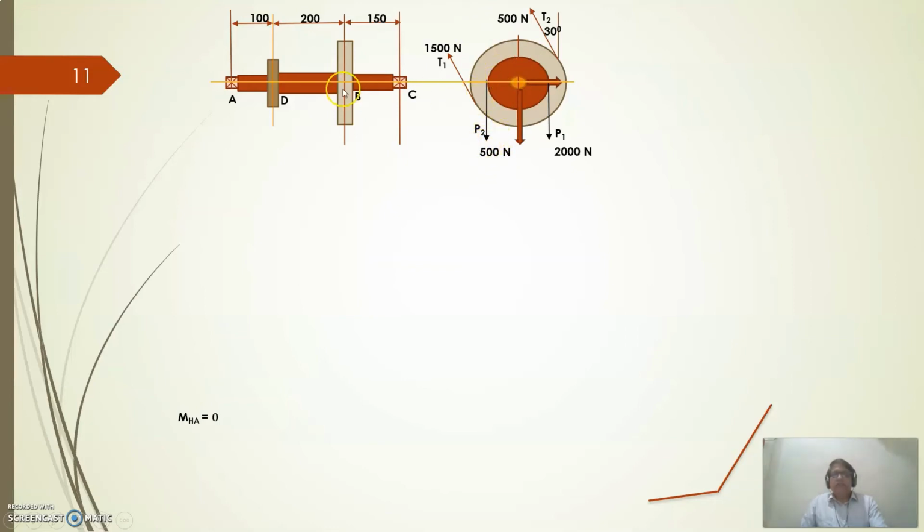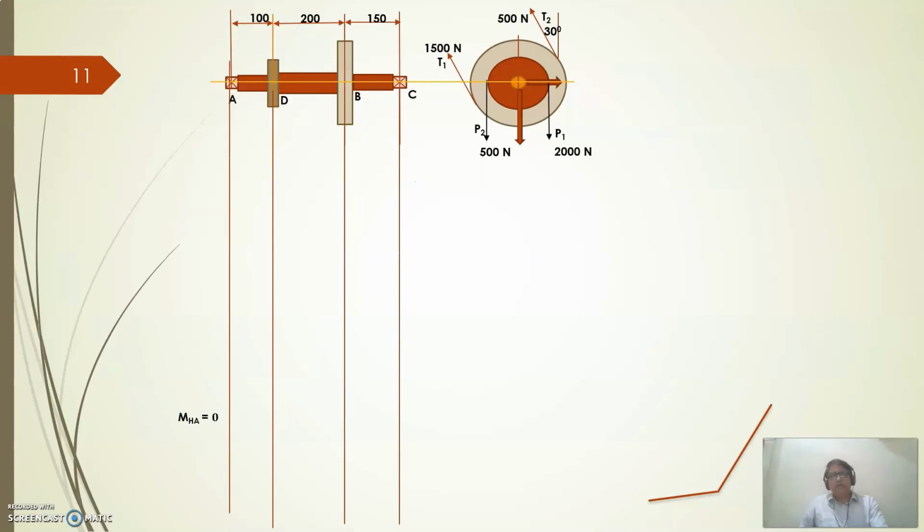Okay, so this is at the bigger pulley, at point B, and at the smaller pulley D, you will have a vertical load, that is 500 plus 2000, that is P1 plus P2. He has not given the weight of the pulley. If it is not given, then you neglect it. If it is given, we should take that. Okay, so now I will draw it as it is, I will draw the lines from this. And now we will go for this, the tension T1 plus T2 is equal to 1500.